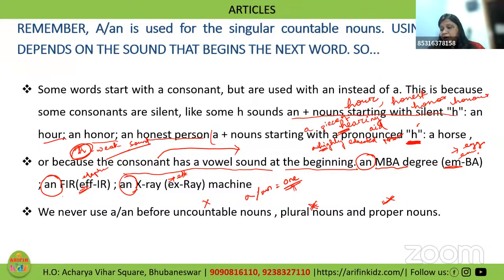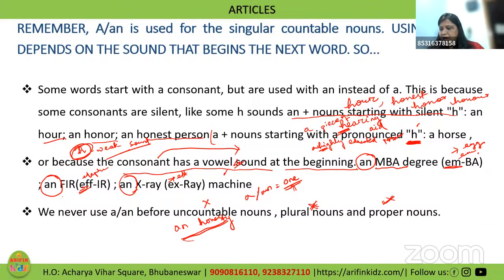Anuradha, it is not a honesty, it is an honest. Honesty cannot be used with an article, right? Anuradha has given me an example that it is an honesty. Why is an honesty incorrect? Could someone tell me? Come on, quickly. You all know this. Quickly, Urshita, Nishit. Quickly tell me.